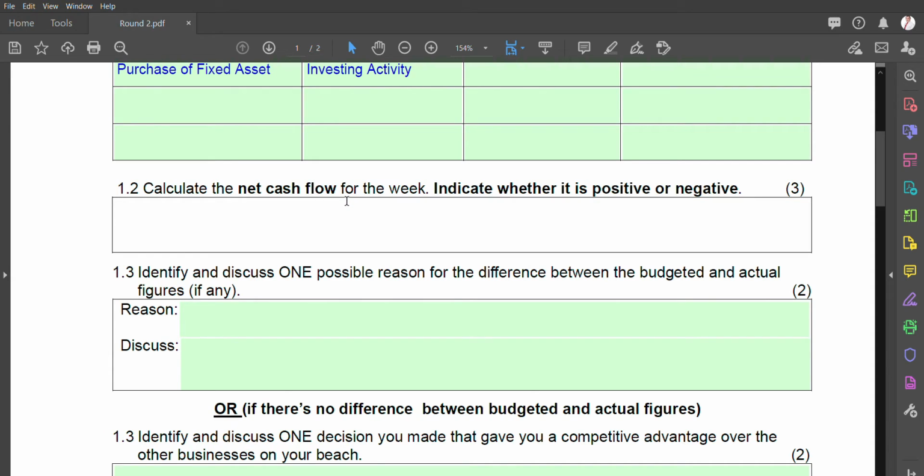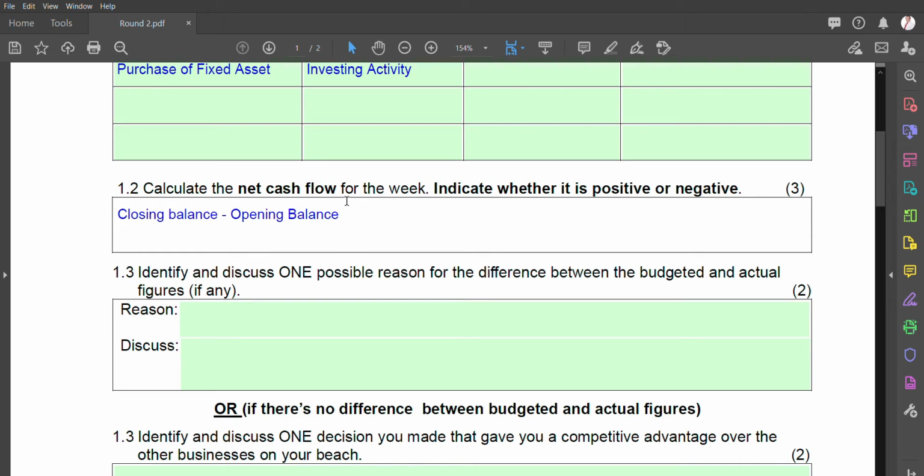The second question asks you to calculate the net cash flow. How do we calculate net cash flow? You're going to take your closing balance minus your opening balance. Make sure you indicate whether the net cash flow is positive or negative in order for full marks to be